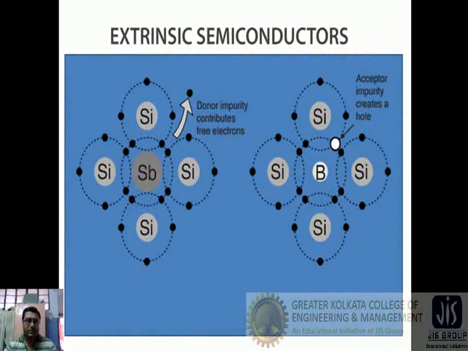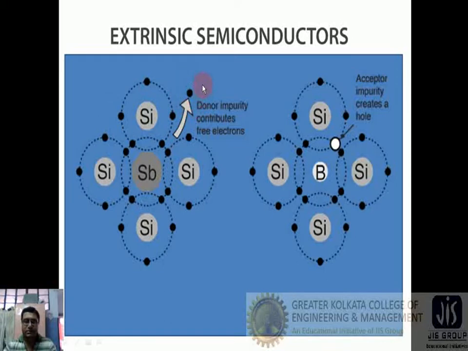So the extrinsic semiconductors, that means we added impurities. In the first example we can see the antimony, which is a group 5 element. Here 4 electrons are being shared with the associated silicon atoms and 1 electron is not shared, so the electron is free and it moves to the conduction band. So in this way we can see